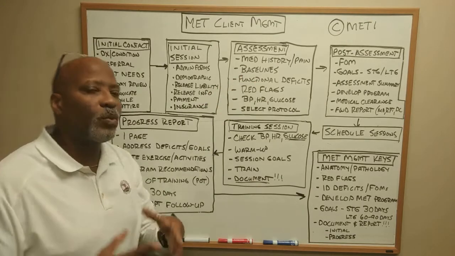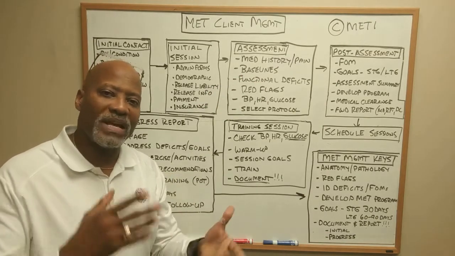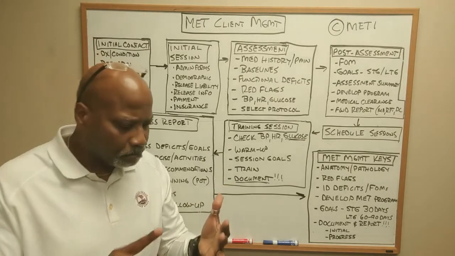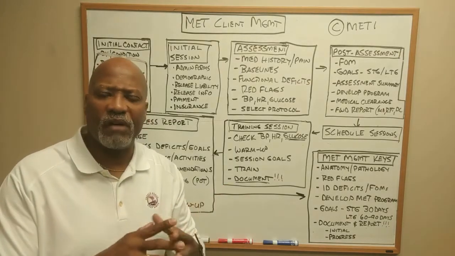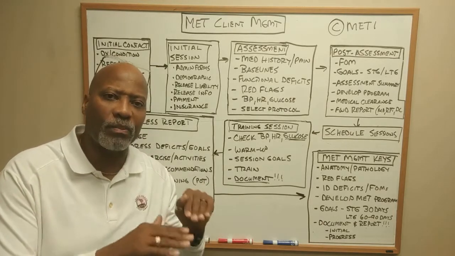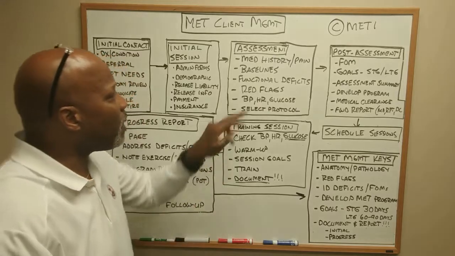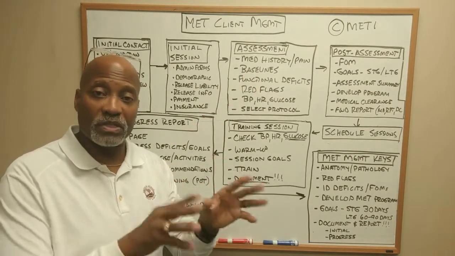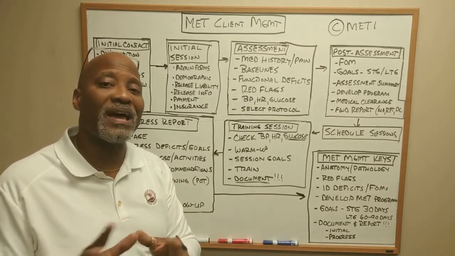Also, with the assessment, we want to get baselines. We're looking to get baselines in areas such as range of motion, strength, flexibility, endurance, function. We're trying to get baselines, and the baselines will be what we'll work from as far as improving the client. Now, once you've done that medical history, you can also screen the client, do the musculoskeletal screening to determine if the client is appropriate.